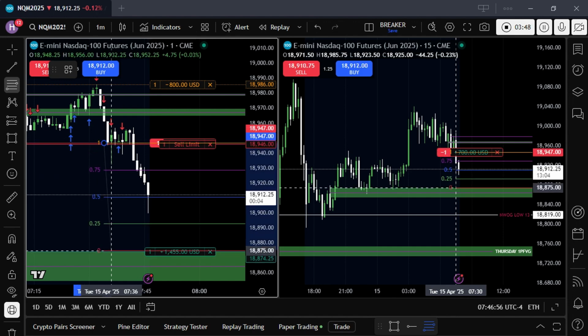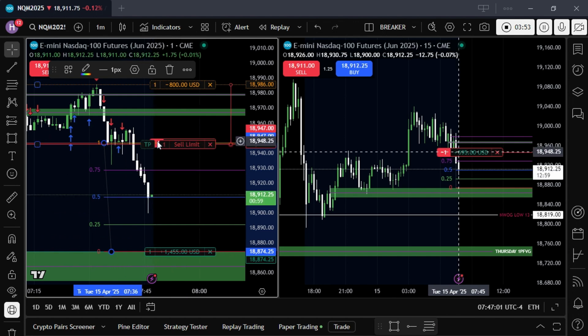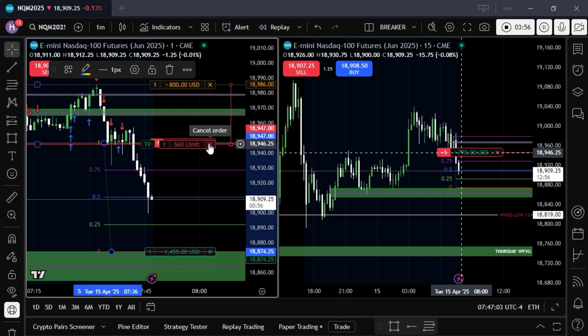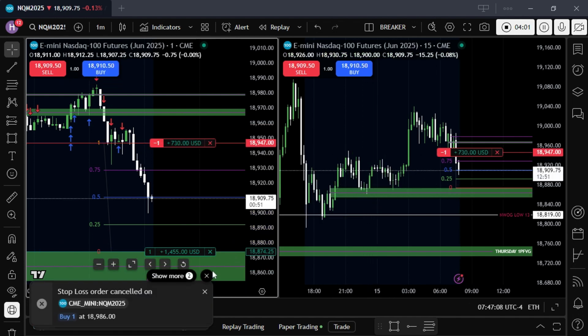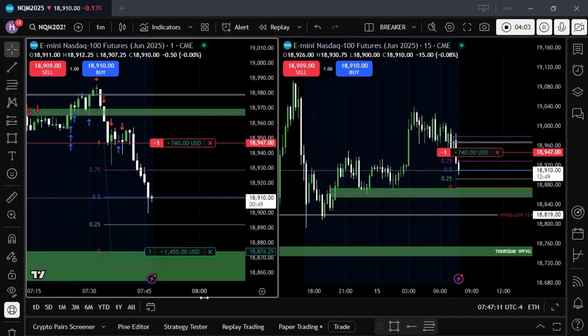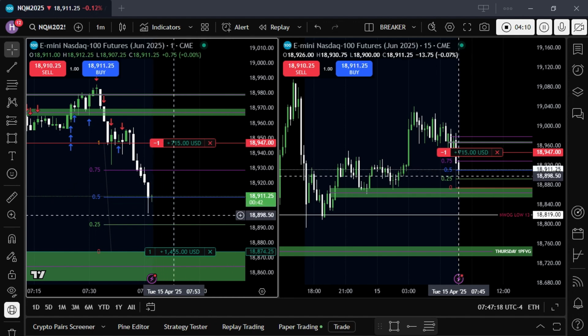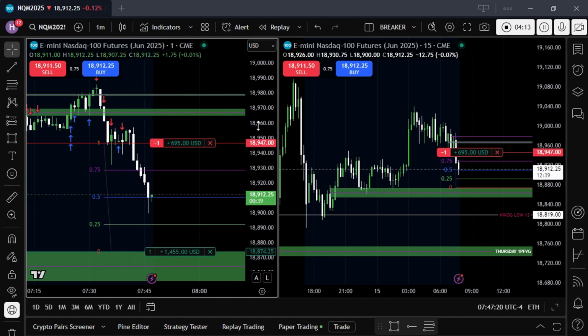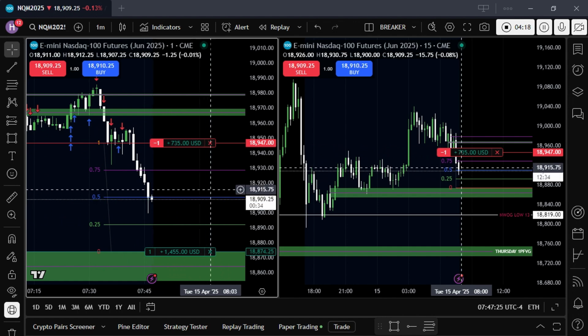So here, since I'm only in one contract, I'm gonna close out the contract once it hits the 75 mark, because when I'm trading with multiple contracts, see there, I canceled the order. When I'm trading with multiple contracts, that's where I'll take a partial, at the 75 mark. But it's just good to build that habit. Even though my target is there, you still got to practice taking partials when you're supposed to take partials. Because if you never take partials,